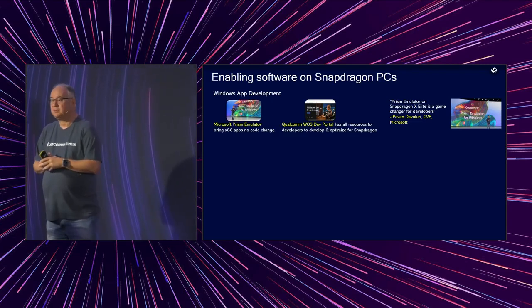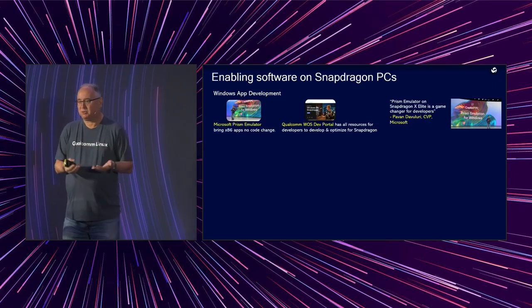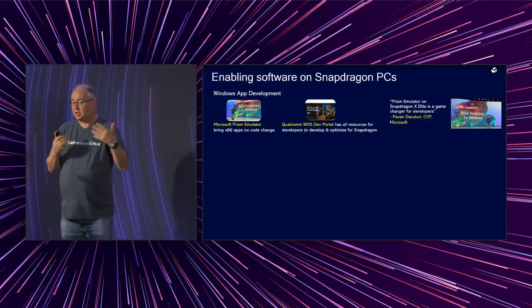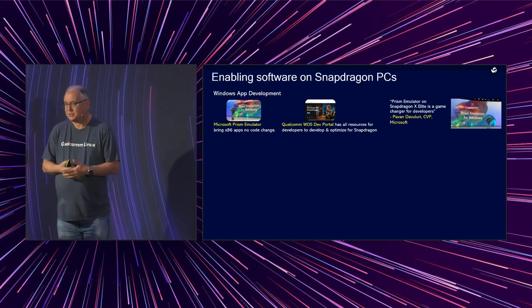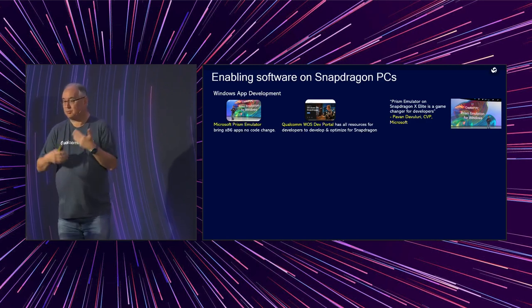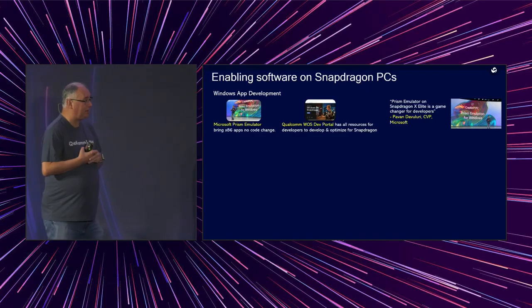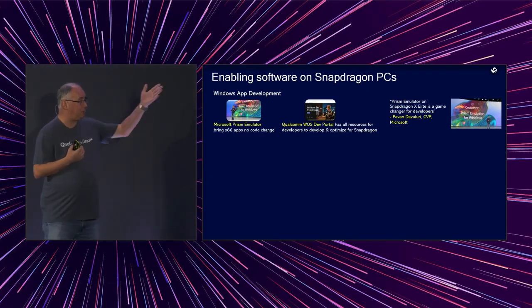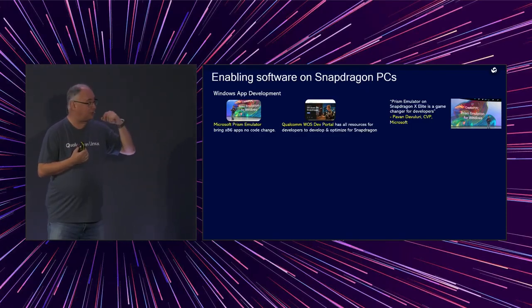Emulation, specifically through Prism, is extremely critical for us. So we've been working closely with Microsoft on tuning that, adding capabilities to the hardware to do the binary translation more efficiently. That's been a good effort, and it allows us to run a lot more software.